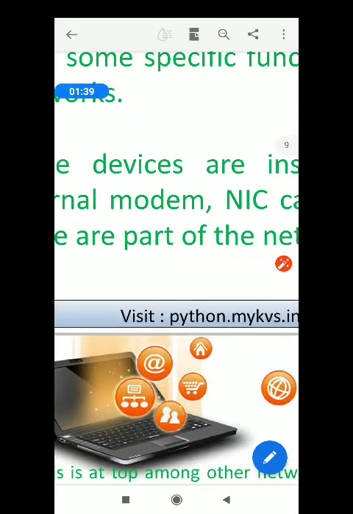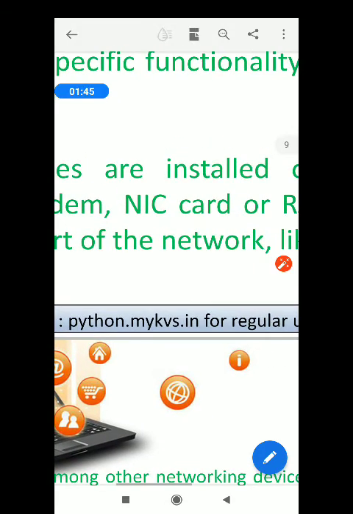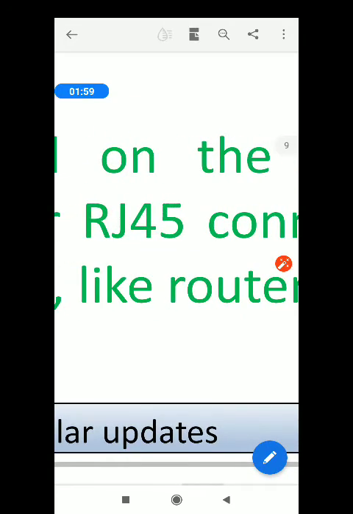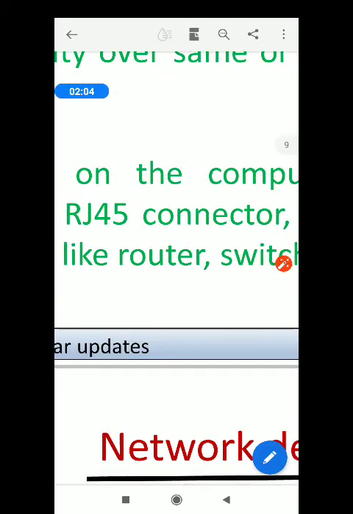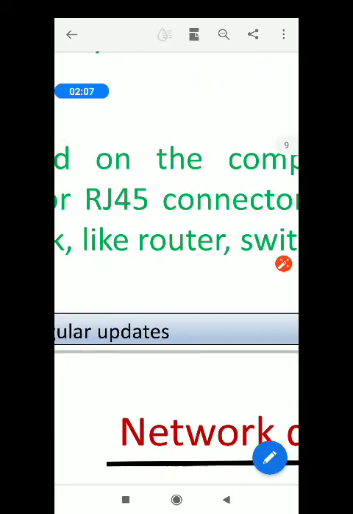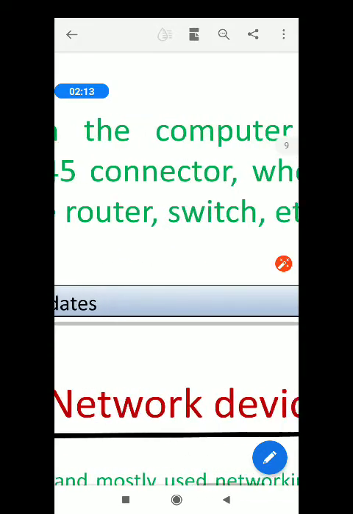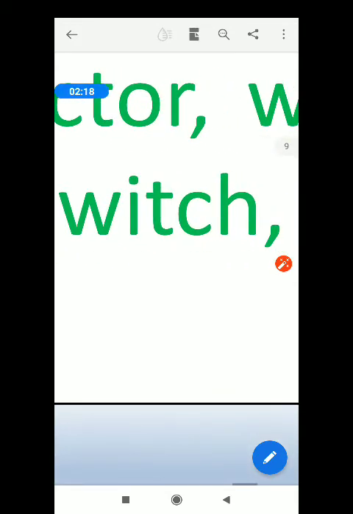Number one is internal modem, NIC card, the full form is network identification card, or RJ45 connector, router, switch.